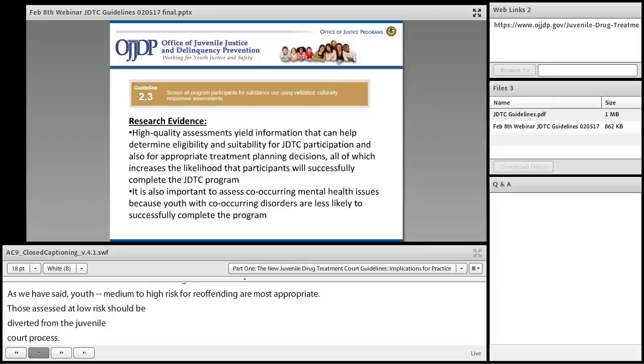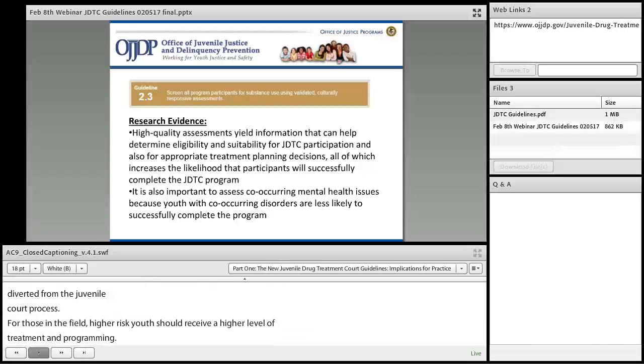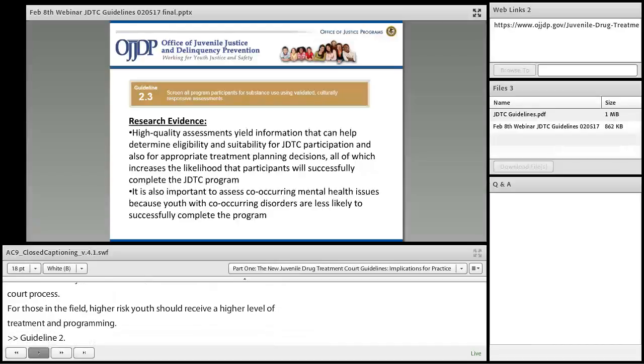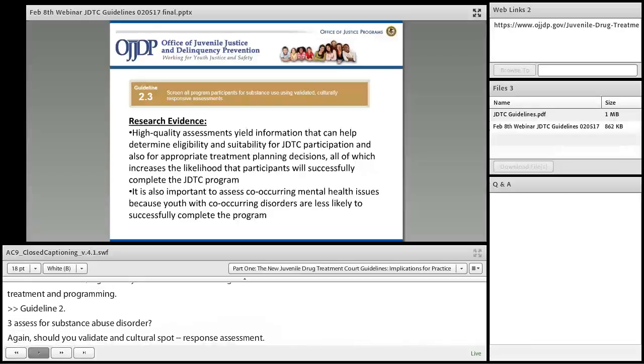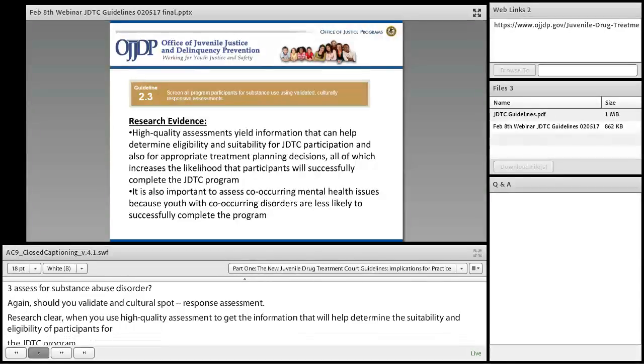So guideline 2.3 then gets at how do we assess for substance use disorders. And again, you should use validated and culturally responsive assessments. And we do know, the research is clear, that when you use high-quality assessments, you get the kind of information that's really going to help you determine the suitability and eligibility of those participants for the court program here. It also, again, increases the likelihood that the young people are going to successfully complete the program if you're working with those participants who actually meet this